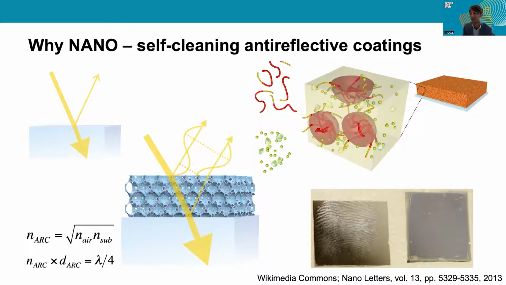So as you can see here, this is a coating where basically a fingerprint was applied and put into the sun for an hour or so. And on the left-hand side, the substrate without coating, the fingerprint was still there. Whereas on the right-hand side, with the coating, you could see that this fingerprint was completely degraded or removed.